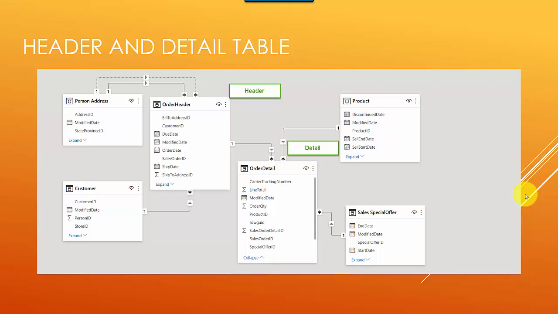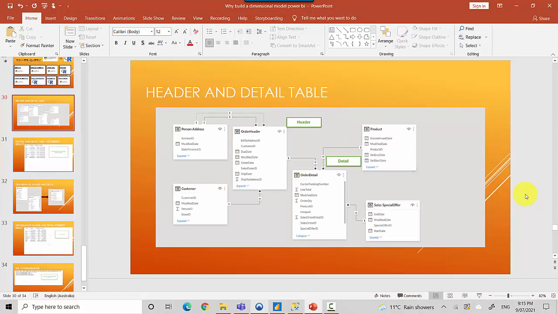Now when you try to do some form of report building using Power BI, it will not play really well with you, and we will go through why that might happen. You can see in this specific diagram there's a one-to-many relationship. One row in the order header table can have many rows in the order detail table, while in the order detail table, one row will point to only one record in the order header table. However, many records can point to one row in the order header table.